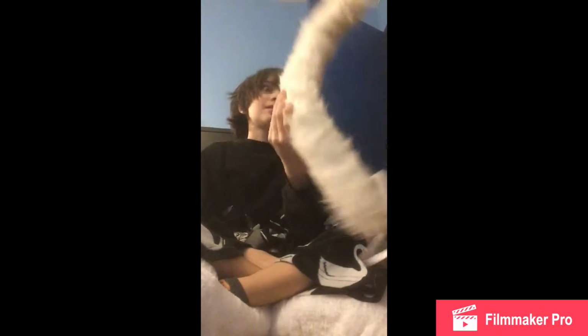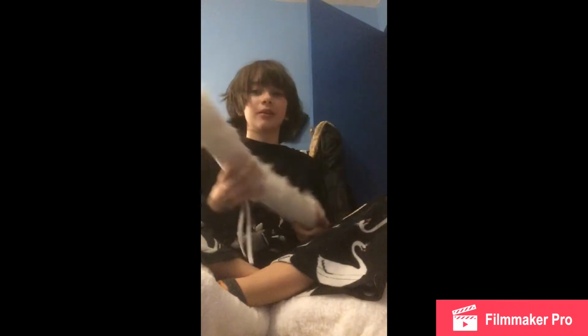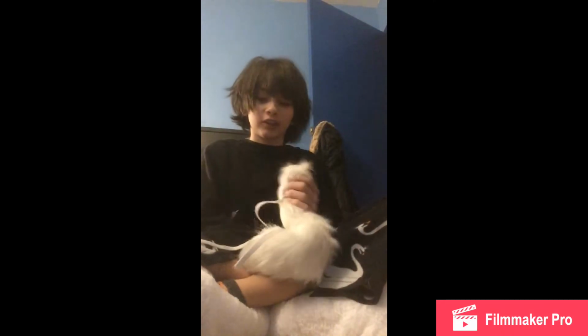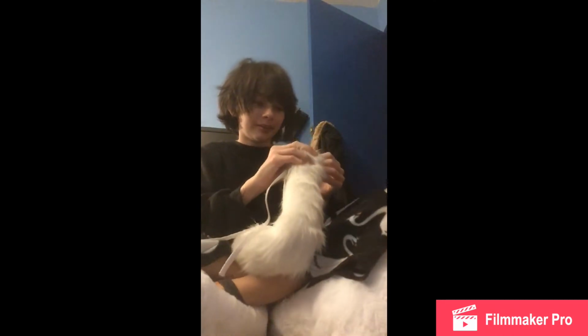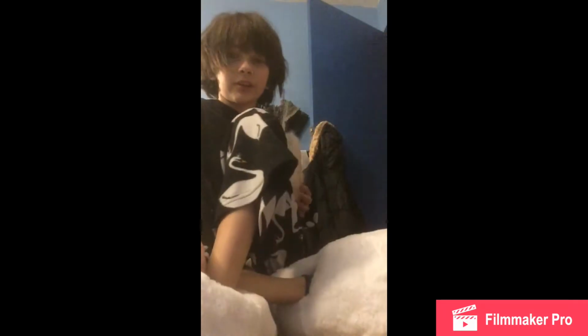And I have the tail. This is not a good tail. This is one of those cheap ones you get at conventions. This is temporary. I still like it. It's a cool tail. And it matched none of the colors. So, compromisation. But it just pins. You can't see that. It pins, and then it has elastic strings it ties around your waist. Okay, well, tail's on. You can't really see it, but it's on. Feet are still on. Uncomfortable in my pajamas, but